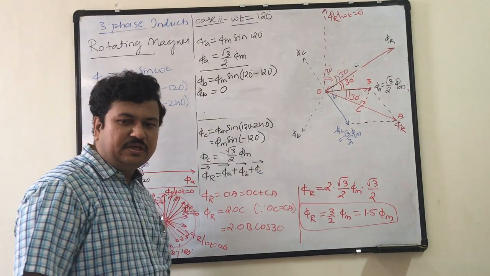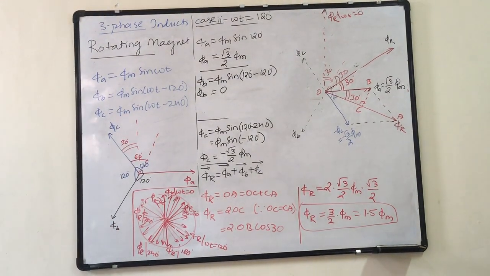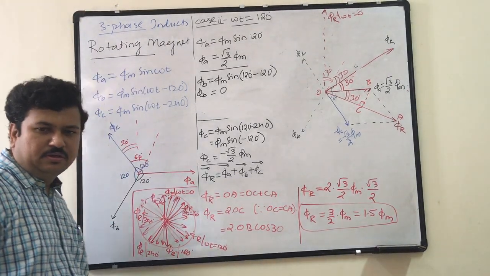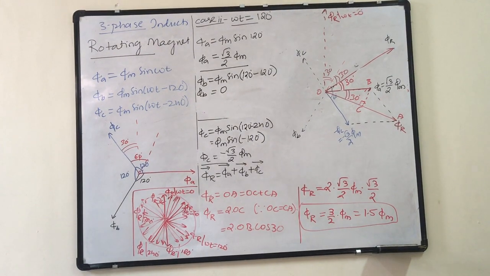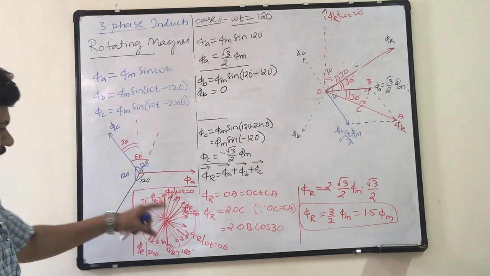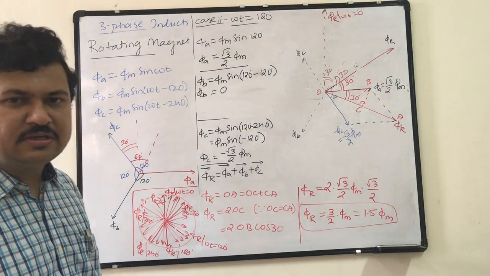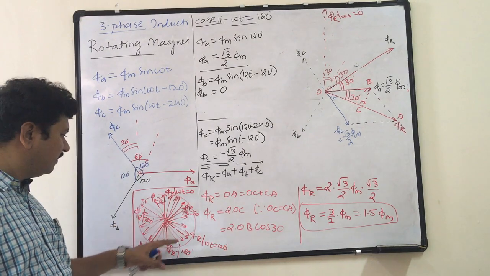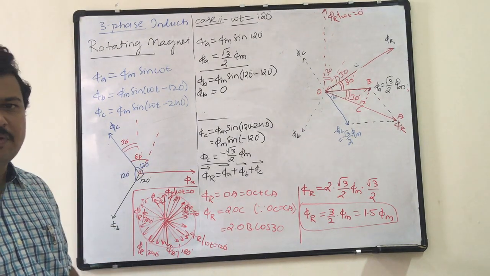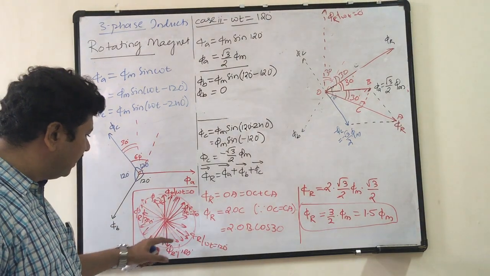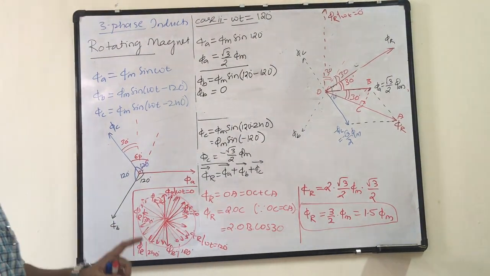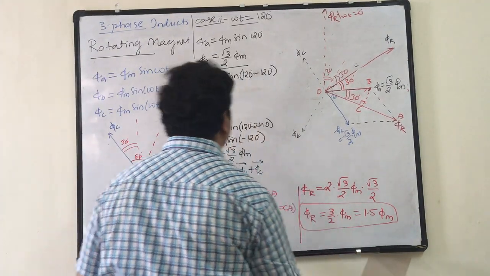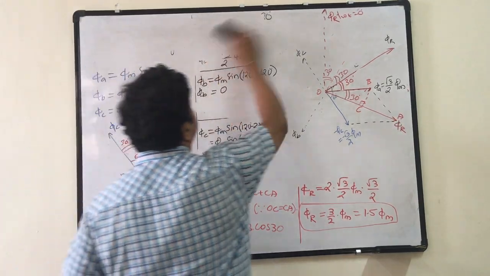So we now see here the resultant magnetic field of the interaction of these three fluxes is rotating in nature and it is not stationary. The angular position of this rotating vector is exactly the same as that of the supply. Therefore, I say this rotating vector exists in synchronous with the supply, and hence the speed at which the rotating magnetic field is rotating is called the synchronous speed of the induction motor.